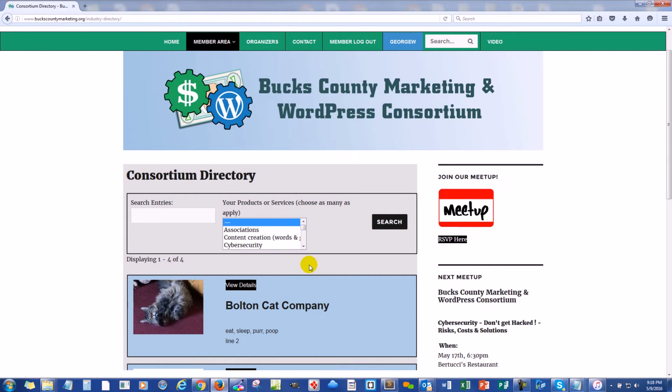We can also search using this list of product or service descriptions. We've created a preliminary list of about 10 or 12 services in alphabetical order: associations, content creation, cybersecurity, funding sources, graphic design, hosting services, intellectual property, marketing services, email marketing services, social networking, SEO and pay-per-click, user experience development, web video production, web development, and other, which we'll have a